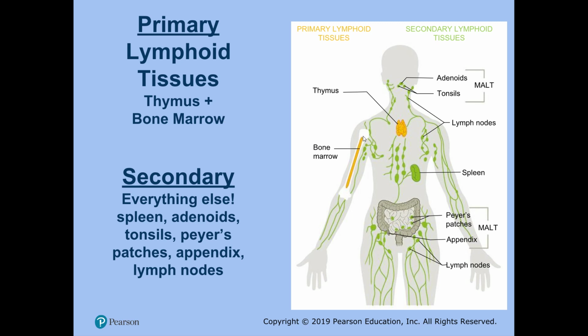This is your thymus, and the bone marrow is inside of your bones. The next lymphoid tissues are the secondary ones, which is basically everything else. Any lymphatic tissue that's not the thymus or the bone marrow is the secondary lymphoid tissue. As you can see in the diagram, there's the adenoids, tonsils, the lymph nodes, the spleen, the Peyer's patches,